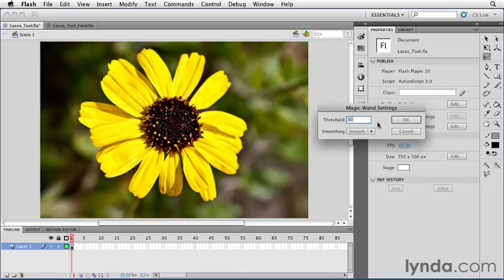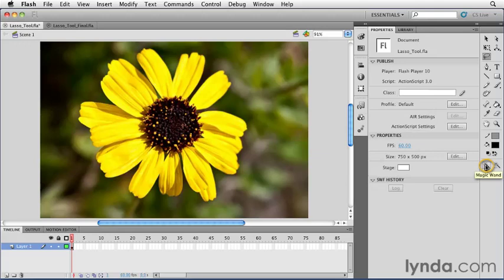The magic wand allows you to click a color inside of a bitmap shape to select all contiguous colors. Now, of course, this setting isn't perfect, but you can customize it using the threshold and smoothing options. So I'm going to leave the threshold at 50 and leave the smoothing at smooth. So you can come back and change these if you want to experiment more with the magic wand tool. But I'm going to click OK, and then I'm going to click the button to turn on magic wand mode